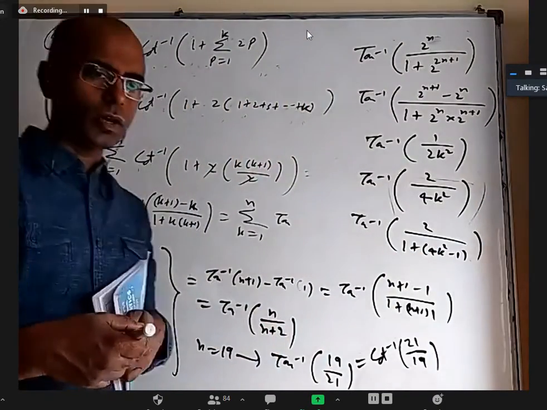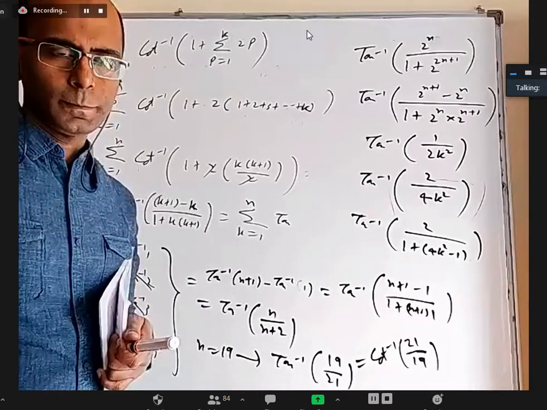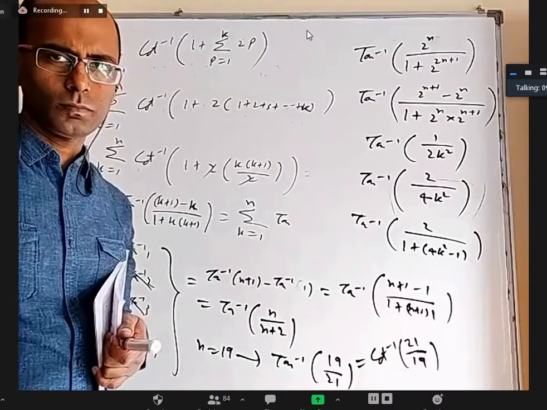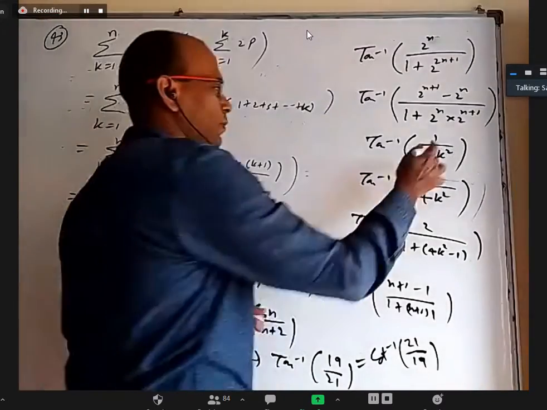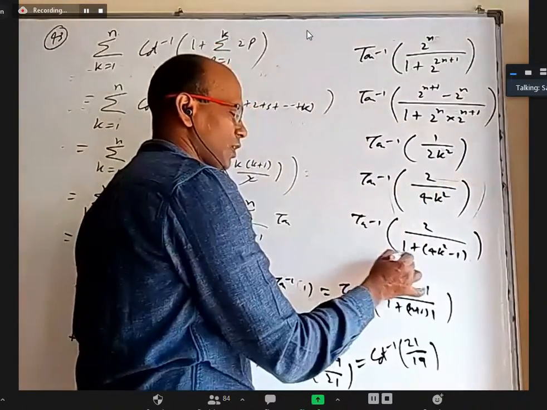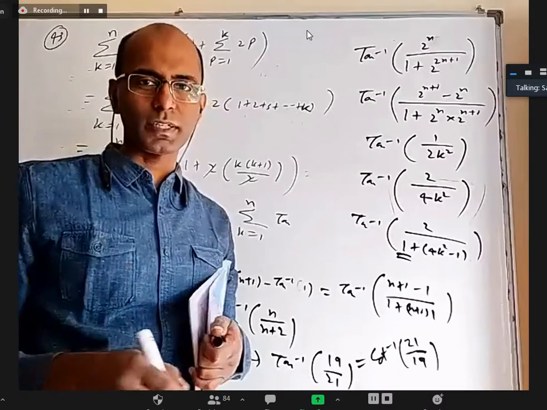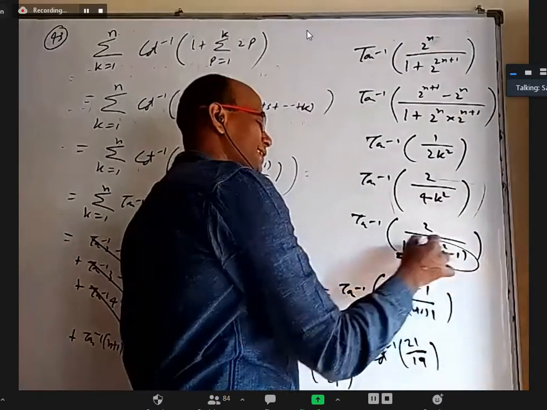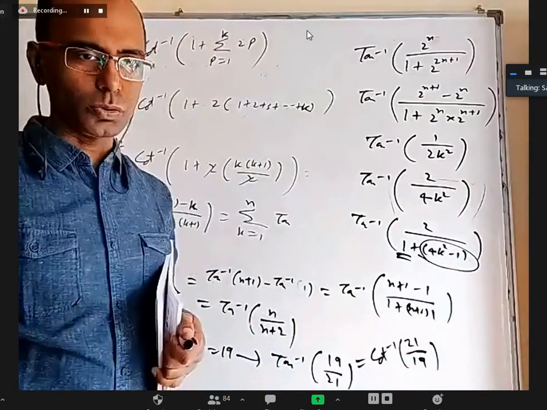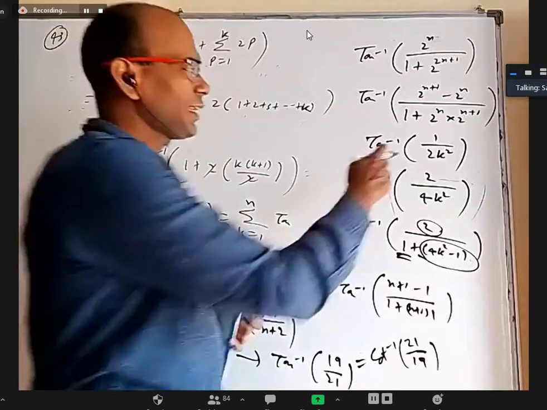Now, anybody want to tell how to write this as method of differences? 4k plus 1 into 2k plus 1 into 2k minus 1. Yes. So from here you have to get an idea that first of all this 1 is very, very important in all these formulas because we are writing x minus y by 1 plus xy. 1 is required. Apart from 1, whatever is there, that has to be written as product of two things whose difference should be this. If you directly try in the first step, it will not work.